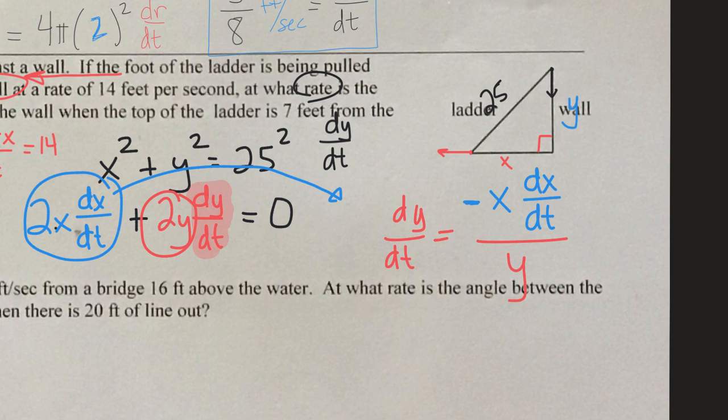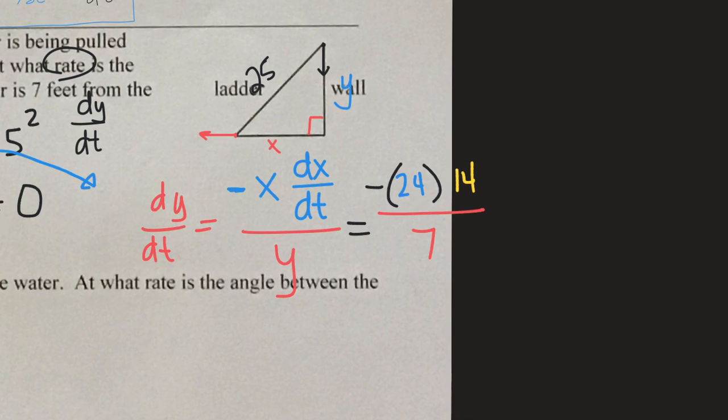So now let's plug in everything that we know. Our x value is that 24 from our Pythagorean theorem. Our dx dt was 14, all divided by our y value of 7, right? They told us the y value was 7. At what rate is the ladder moving down the wall when the top of the ladder is 7 feet? Okay, so we can do some simplifying. 14 divided by 7 is 2. 2 times negative 24 is negative 48, and our rate is